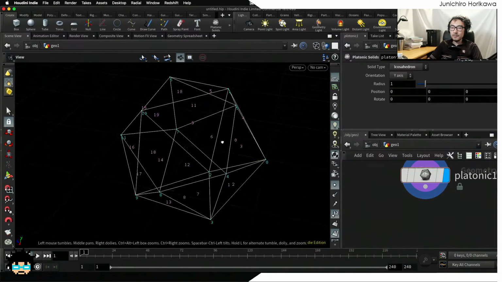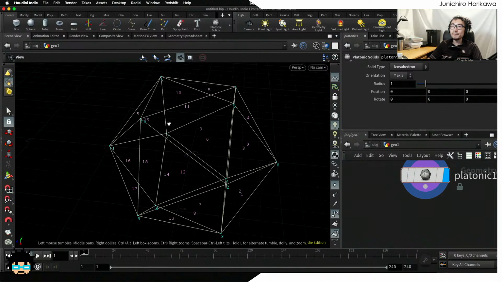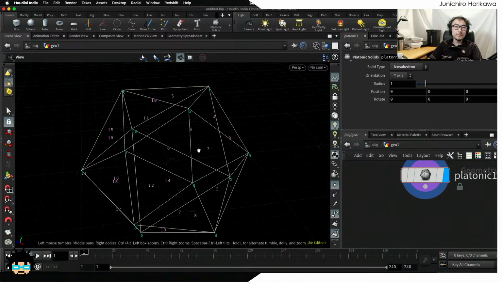So I'm going to create a pole from 10 to 0 for now as an initial rigid pole, and I